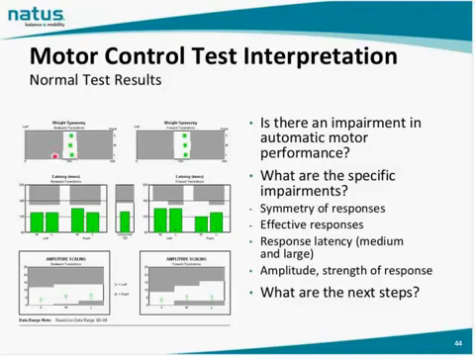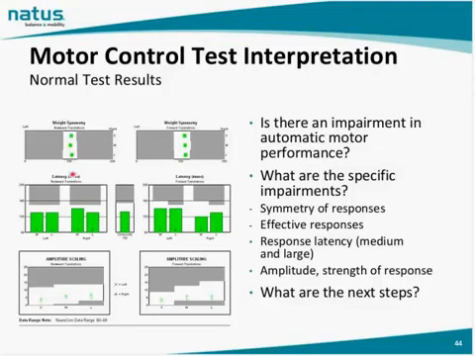If on the COG, on the SOT exam, the patient was leaning heavily to the left, but now suddenly they're well positioned and centered, what changed? Nothing should have changed. If they're weighted to the left on the SOT, they should be weighted to the left here. If they're weighted to the right, they should be weighted to the right here. So you need to relate this back to the SOT